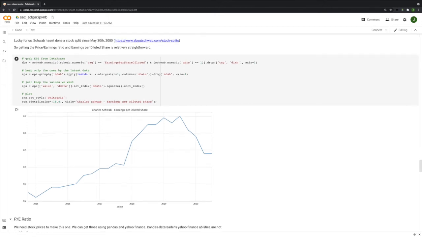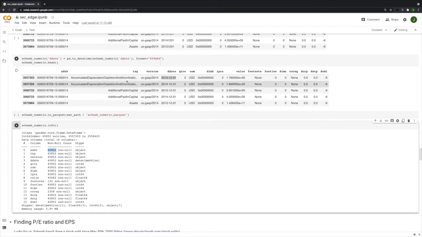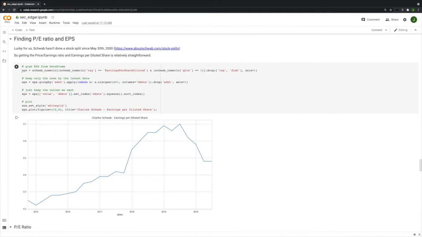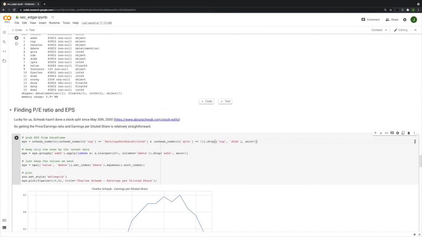All right, so to get the earnings per share, we can just grab those from the numeric data frame up here using the tag. So here we're going into the numeric data frame, and we want the tag to be equal to earnings per share diluted, and we want it to be the first quarter. We're only caring about the first quarter for whatever reason there, and then we're going to get rid of the tag and dim H columns. Then we'll group it by ADSH number, and the ADSH number,